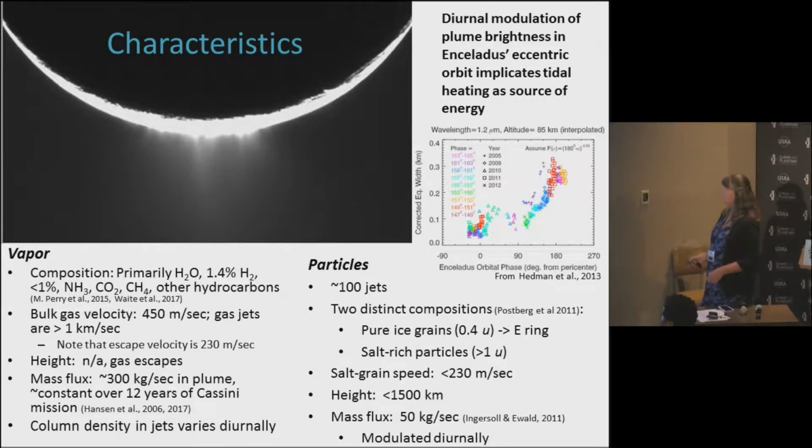The mass flux in the big plume has stayed very constant over the 12 years of the Cassini mission. On the other hand, in the jets, we do see the column density vary. And so that goes nicely with the particle brightness, the fact that the brightness of the plume is a function of where Enceladus is in its orbit. So what we see is that the bulk gas coming out is constant, but the jets do tend to have more gas as you get closer to